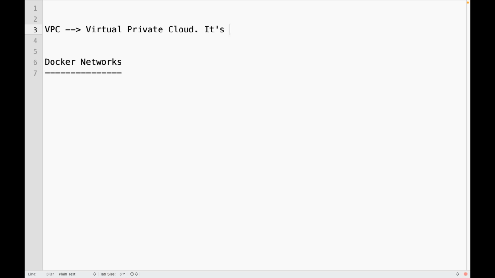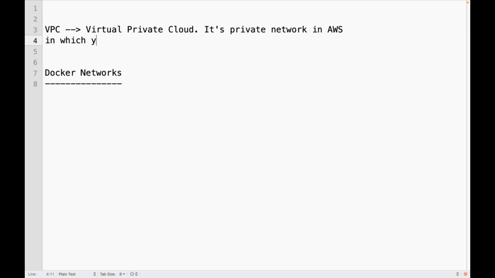It's a private network in AWS in which you can place your AWS resources. Resources are services like EC2, EFS, auto scaling groups,